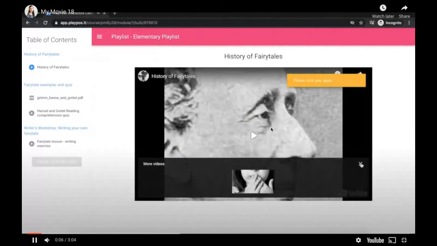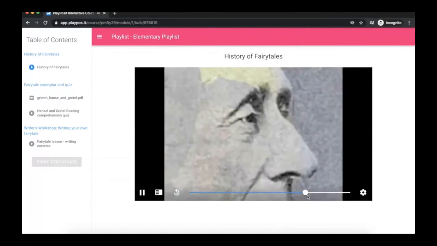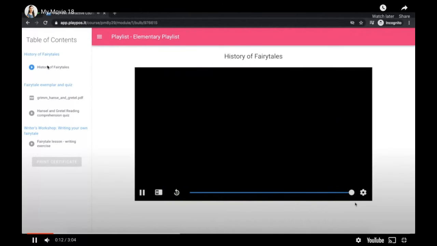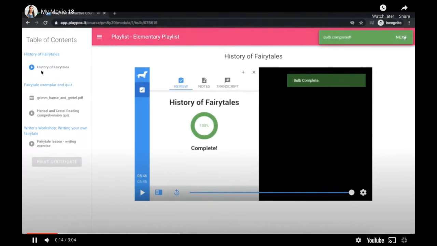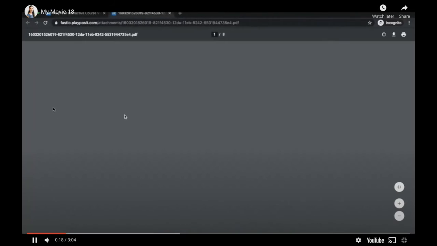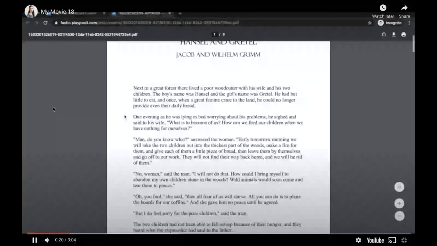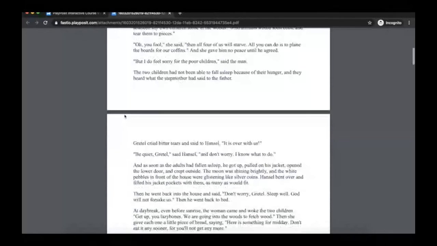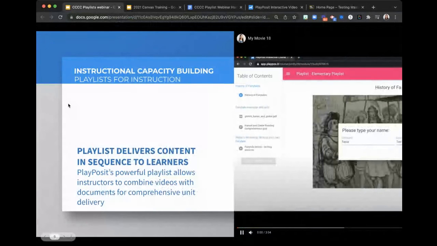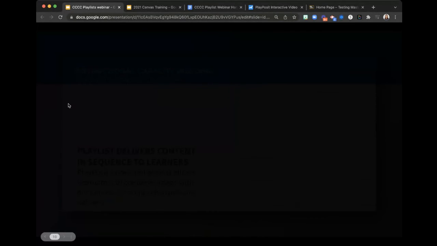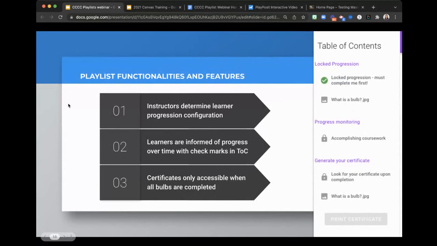Once you have any of your bulbs or videos that you'd like to use created, you can simply plug them into a playlist, restructure as needed, which includes restructuring and retitling some of those modules, reordering, adding whatever sort of resources you would like to include, and then determining what sort of settings you would like to apply to your playlist. So lots of different uses for this, no matter what sort of program you are working with.